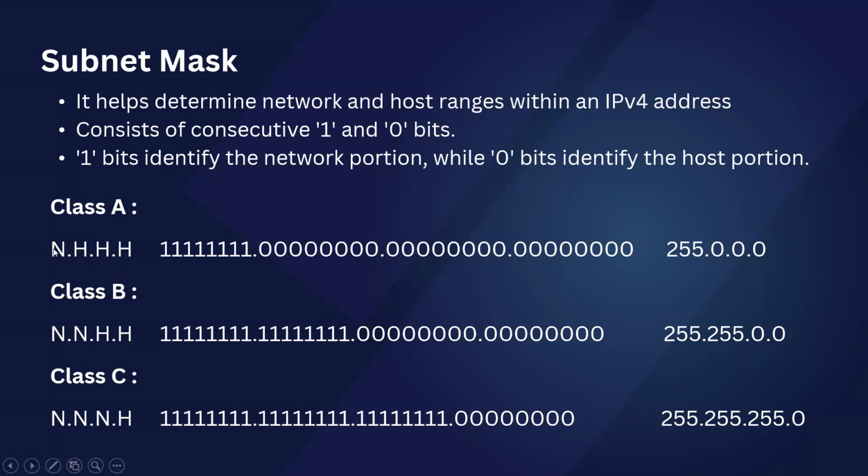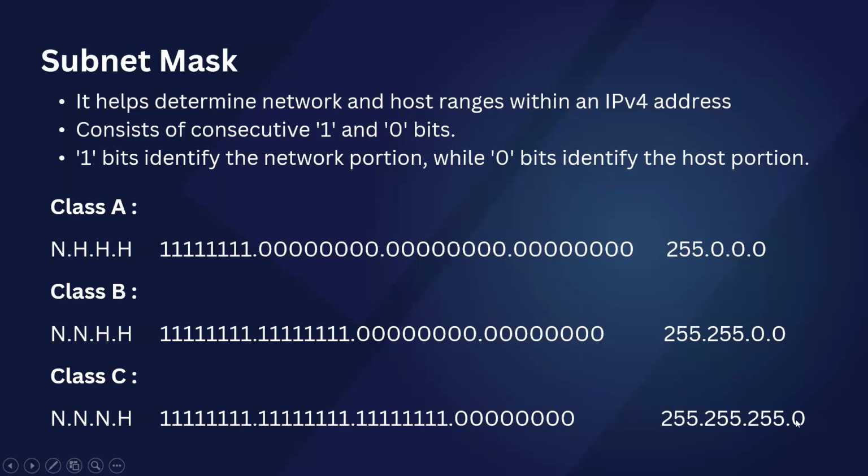Wherever there's a network portion, you can see I've assigned all ones. Wherever I have a host portion, I've assigned all zeros. And when you convert that from binary to decimal, it gets the subnet mask. So for class A, with one network portion and three host portions, the subnet mask is 255.0.0.0. For class B, with two network portions and two host portions, the subnet mask is 255.255.0.0. And for class C, the subnet mask is